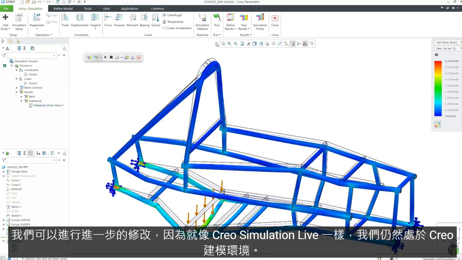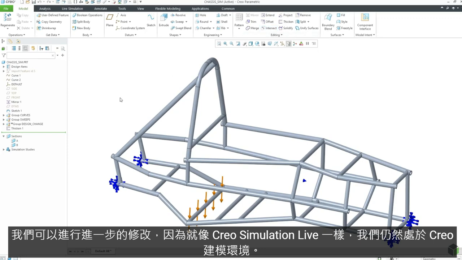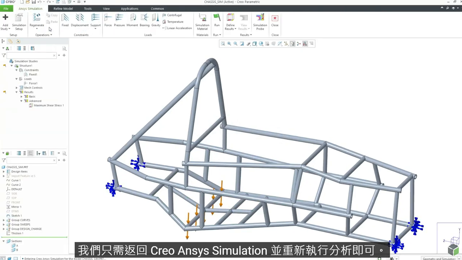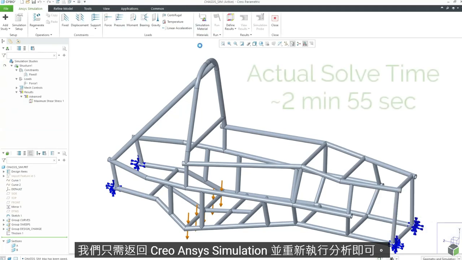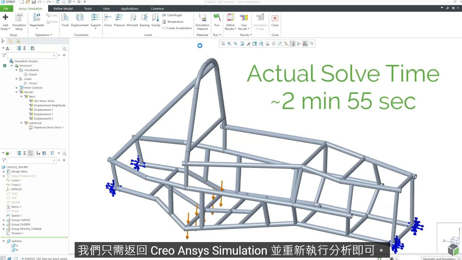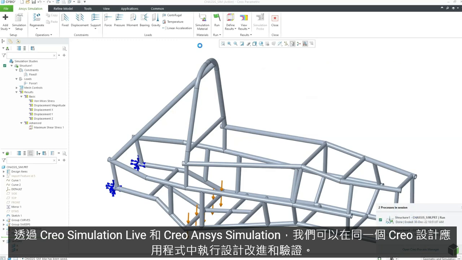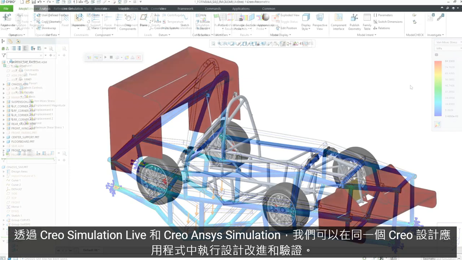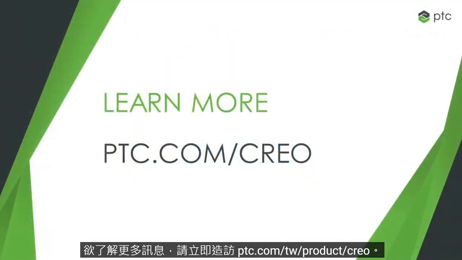We can make further modifications because, just like Creo Simulation Live, we are still in the Creo modeling environment. We simply return to Creo Ansys Simulation and rerun the analysis. With Creo Simulation Live and Creo Ansys Simulation, we can perform design improvement and verification all within the same Creo design application. For more information, visit